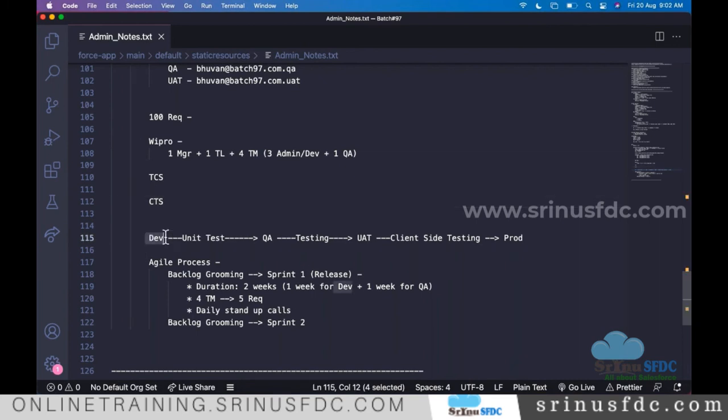See, this sandbox is like one of the environments. I told you that when you create the Dev sandbox, all the users of production also will be copied. So all users of the Dell company also will be there, but some end users are not needed; they don't really use the sandbox. That's why we deactivate them and create the users for Wipro.